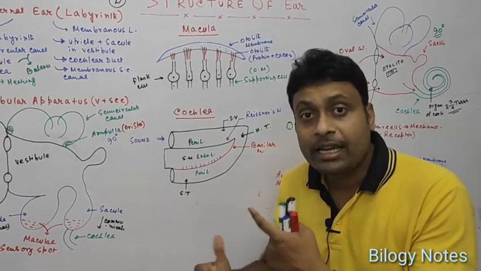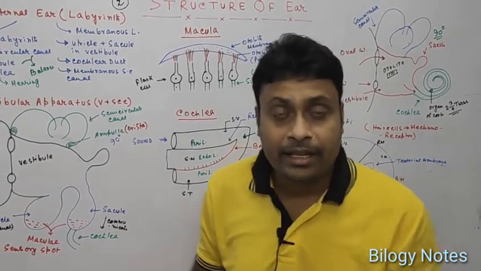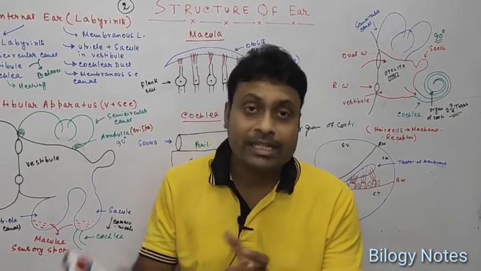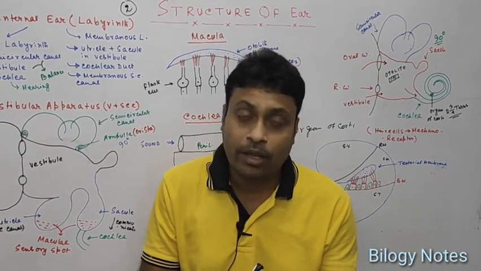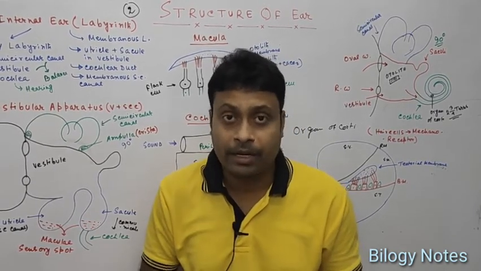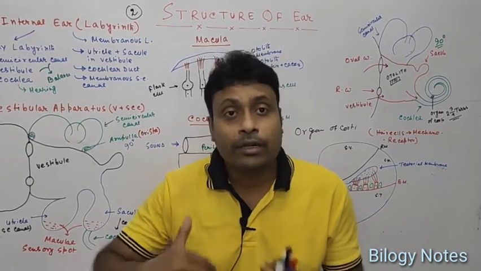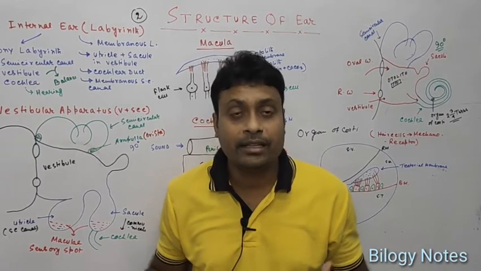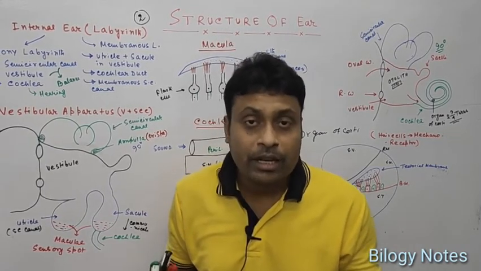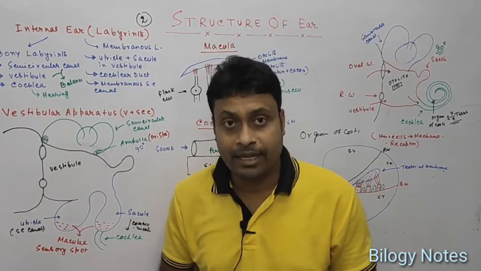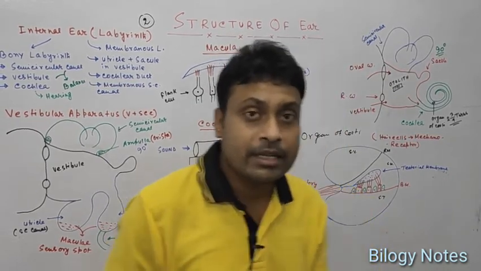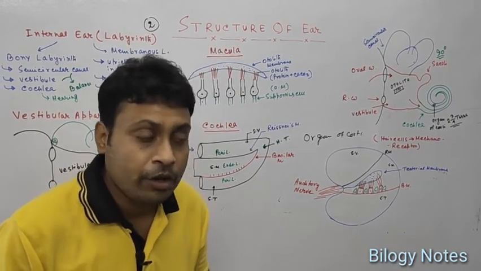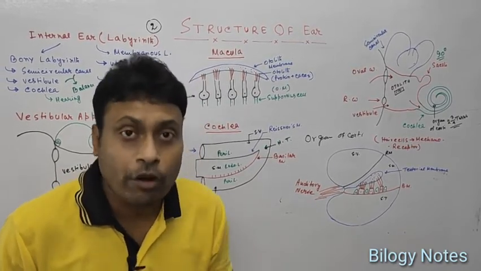a receptor potential inside the sensory hair cell, and then this sensory hair cell generates action potentials in the nerves which are synapsed with it, or simply, the auditory nerve. This auditory nerve sends the information to our brain, and we can hear different sounds. This is actually the function of the sensory hair cells. Sensory hair cells are present throughout the basilar membrane inside the cochlea, inside the organ of Corti.